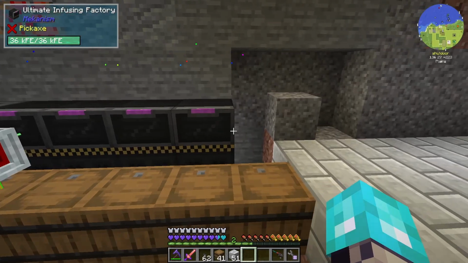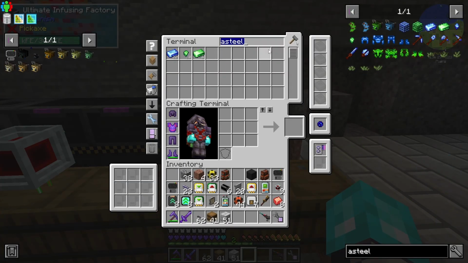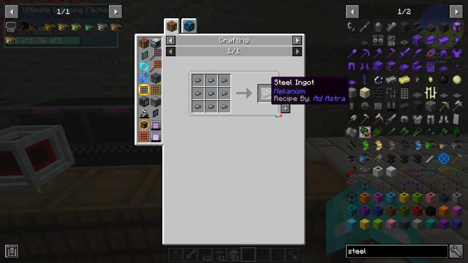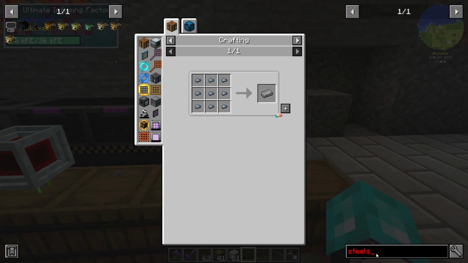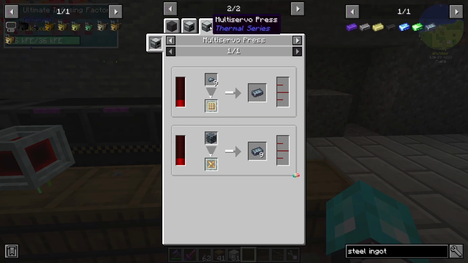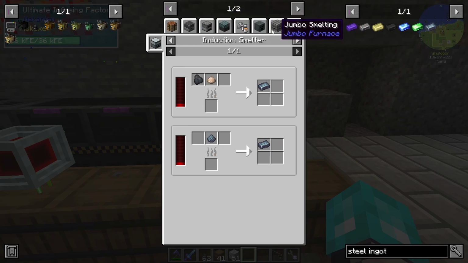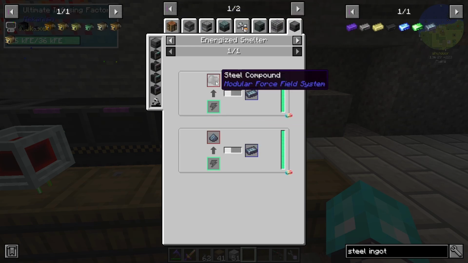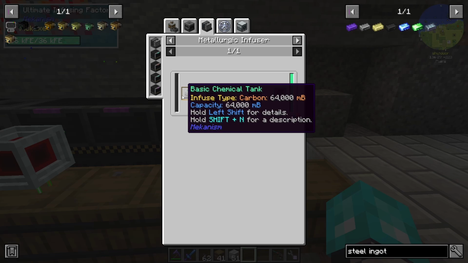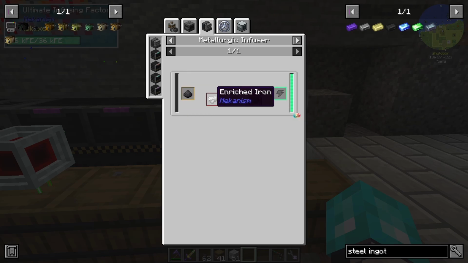The only thing I can think of is for steel. You're going to have to process this twice, right? So for steel, oh, it's going to be a little funky here. Let me look at the steel ingot recipe because this is the wrong steel ingot. Kind of funny, right? Still active for some reason, but oh well. The steel recipe is the steel blend, and the steel blend comes from enriched iron with coal or carbon. So 1 to 1, so 8 to 8 basically, and there or 1 to 8